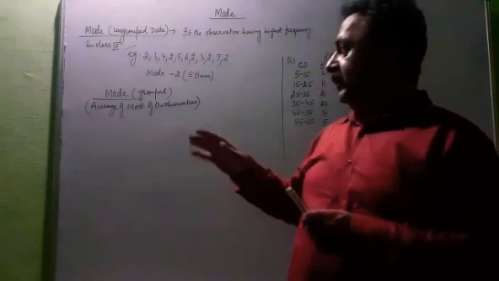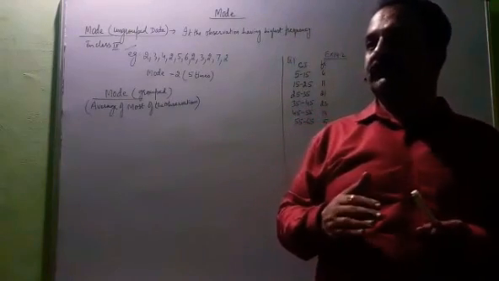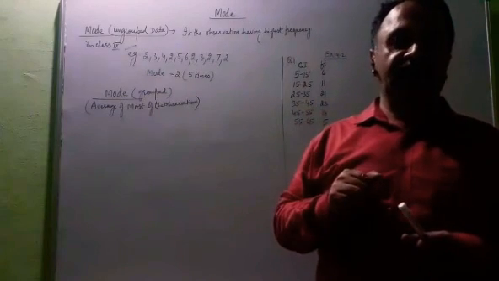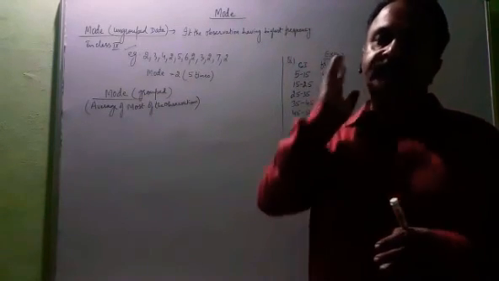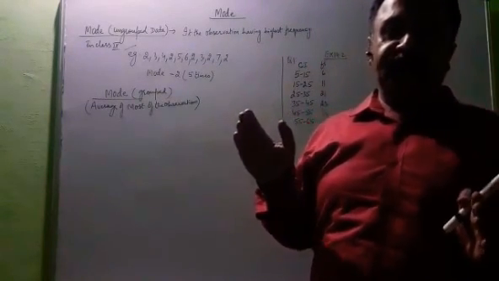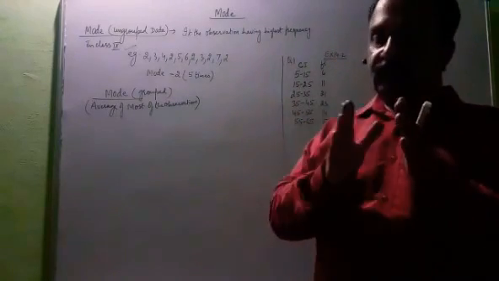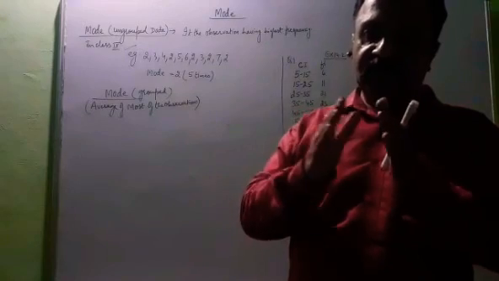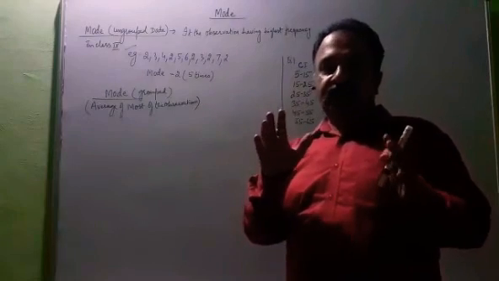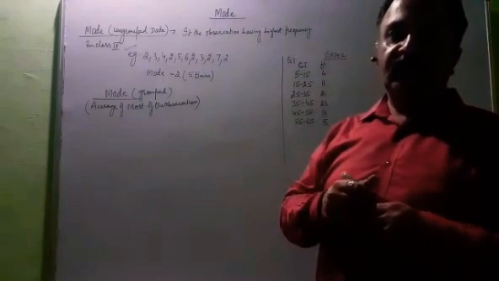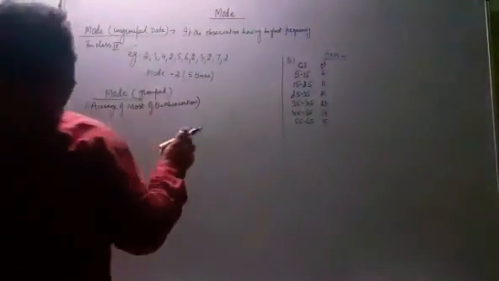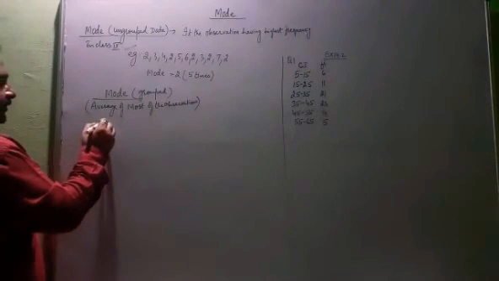But in the same class, 5 students have scored marks above 90 and other 5 have scored less than 20, and the rest of the 30 students have scored marks between 50 and 80. So now we'll leave the students who have scored the highest marks and the lowest marks. Now we'll concentrate only on those where the maximum students have scored marks between 50 and 80. So we'll calculate the average of those students. Let's understand the formula first.